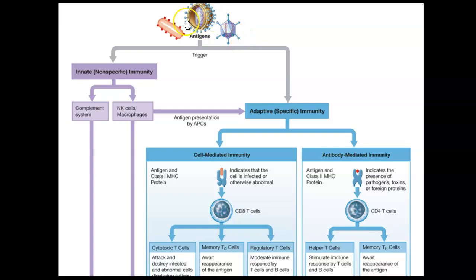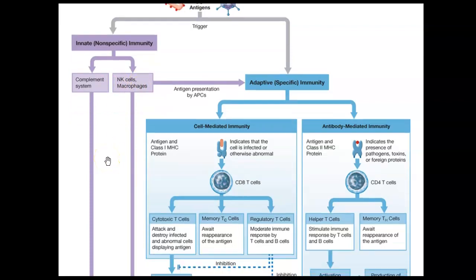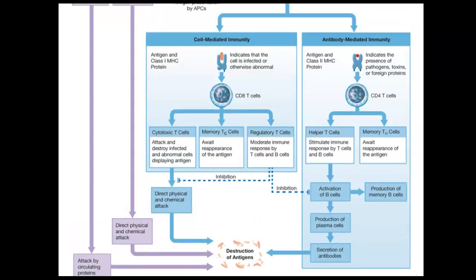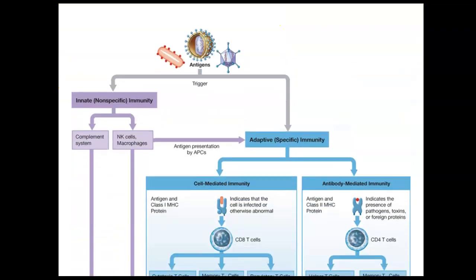They're on the surface of two different types of viruses here, and then the little red antigens on the surface of this bacterium. So antigens that are non-self, that means foreign antigens, trigger the innate immune system or non-specific immune system, which involves complement, natural killer cells, macrophages, and